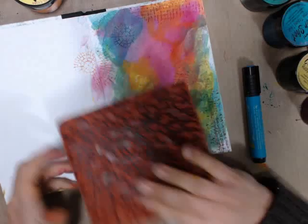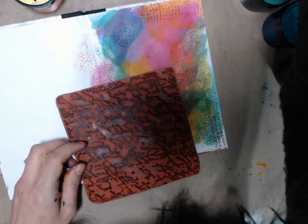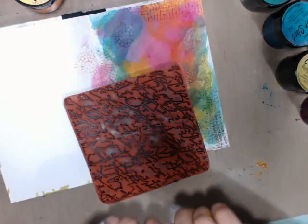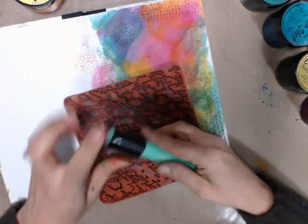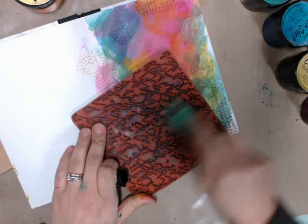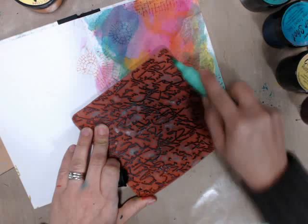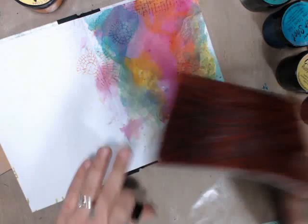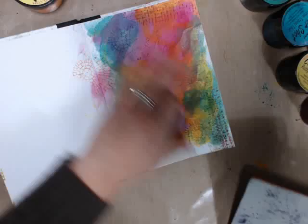I do want to put a little bit of a script on there as well. And I think I want to do that in a little bit of a green. So let's grab a little bit of green. Actually, let's do light green. This one is, what color is this? Light phthalo green, and once again, very random. I love this India ink. Love, love, love them. Okay, just gives me a little something,